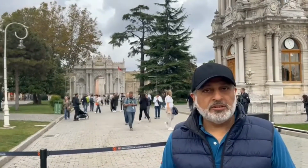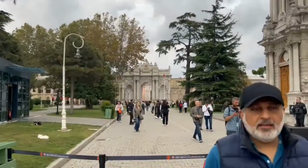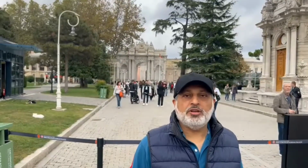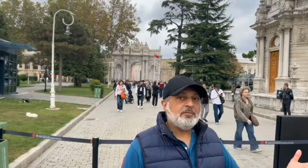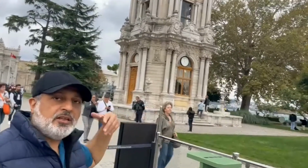constructed by the 31st Sultan Abdulmejid, who basically felt that the Topkapi was not as luxurious as it could be. So he built it right across. If you look across, there are trees over there, but on the other side is the Topkapi Palace, and he